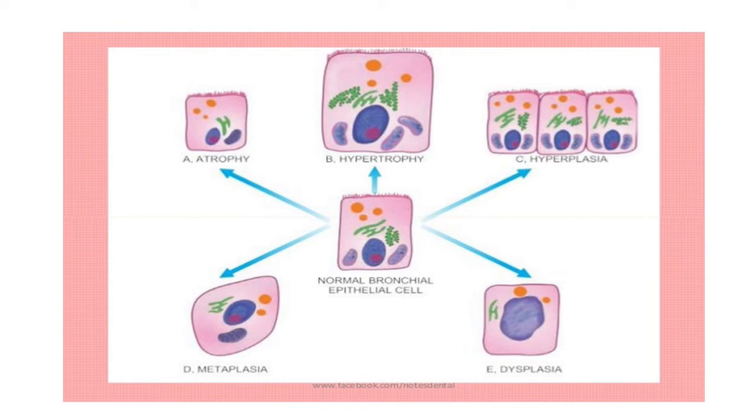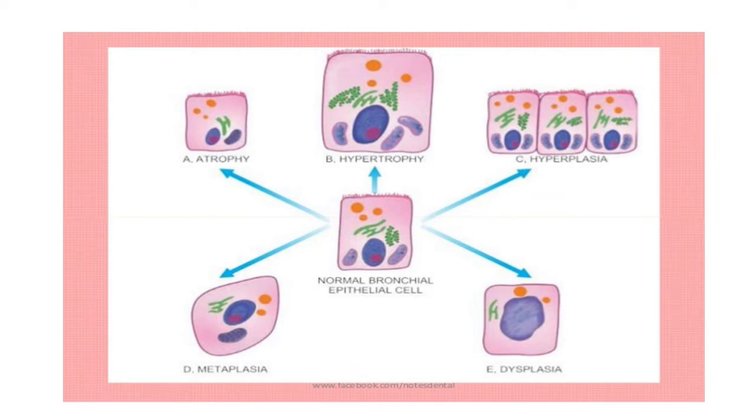This is hypertrophy, the B. If a cell increases in size, we term it as hypertrophy. So now look at the normal cell, and now look at how it is swollen. So we call this hypertrophy. An increase in the size of a cell, we term it as hypertrophy. If a cell shrinks, we term it as atrophy. The cell has atrophied. So atrophy is shrinkage, hypertrophy is swelling or increase in size, hyperplasia is increase in number,